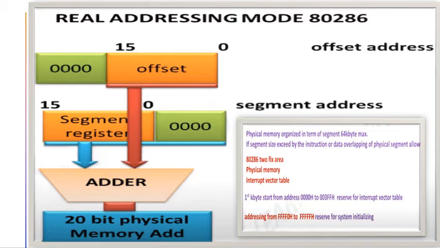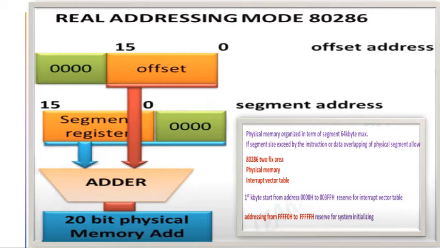In the real addressing mode of operation, the 8286 executes the fully upward compatible instructions of the 8086 instruction set. It works as a fast 8086 microprocessor. In real addressing mode, the 8286 object code is compatible with 8086 and 8088 software. In this mode, the 8286 addresses a contiguous array of up to 1 megabyte of physical memory using the address lines A0 to A19 and the BHE signal. The lines A23 to A20 should be ignored in real addressing mode.